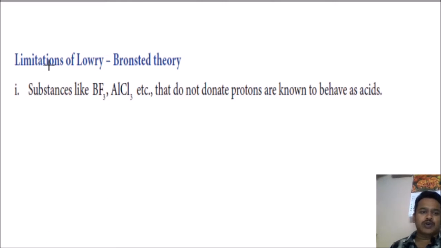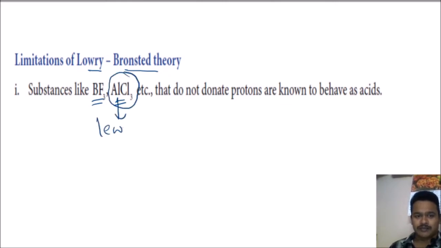Here also some limitations are there. In the Lowry-Bronsted theory, substances like BF3 and AlCl3 that do not donate protons are known to behave as acids. Here, already you studied in some organic reactions, AlCl3 is a Lewis acid and all like that. You studied, it is a Lewis acid. But according to what? According to this